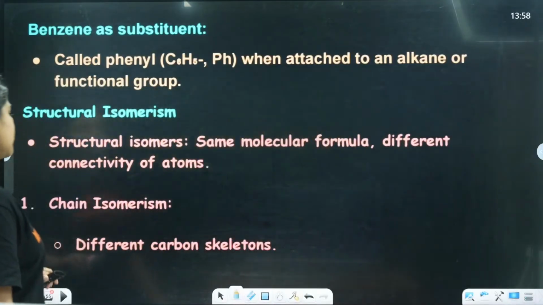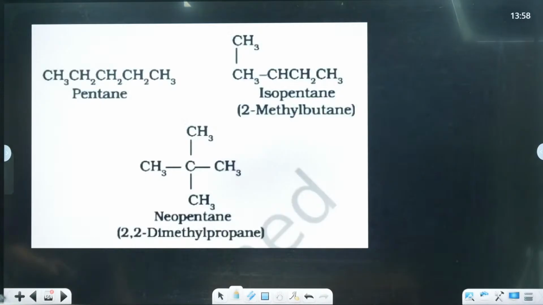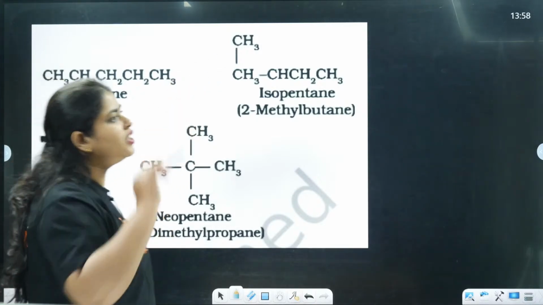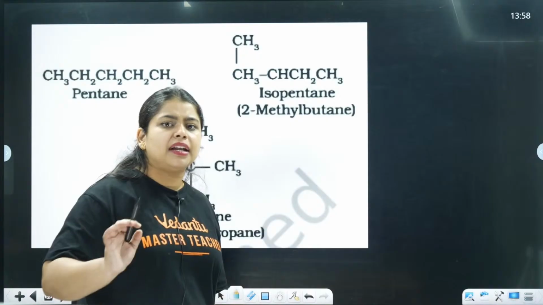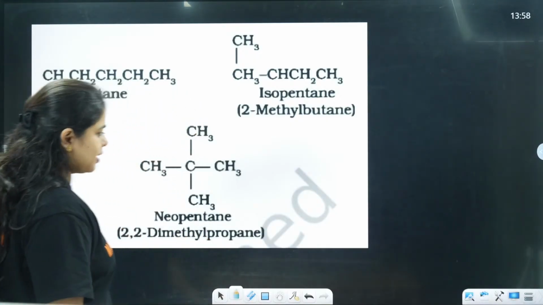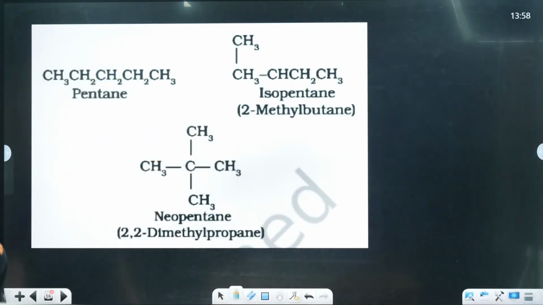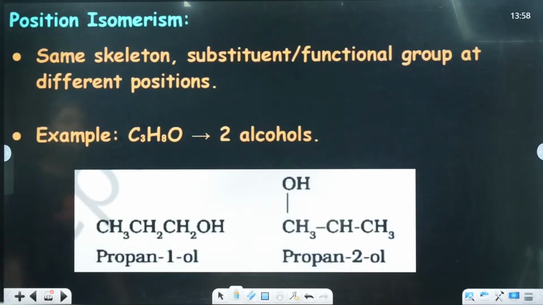Like chain isomerism, different carbon skeletons will be present. These are the different types of carbon skeletons. It means carbon is connected in a different way. It is in chain form but joined in a different way. Clear? So these are simple examples: pentane, isopentane and neopentane. Clear? Next,